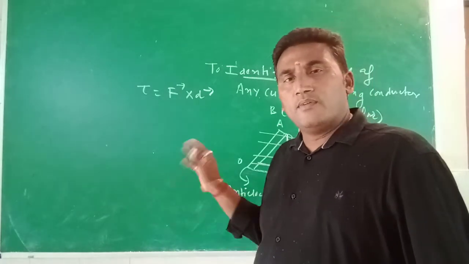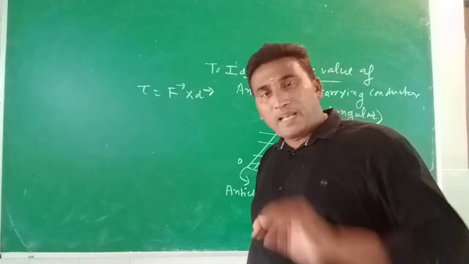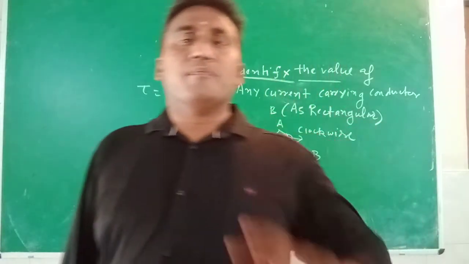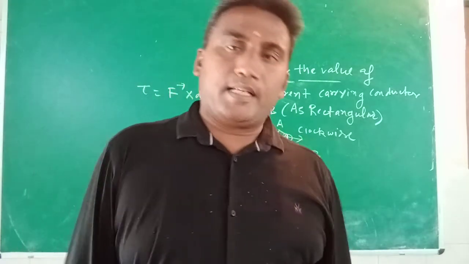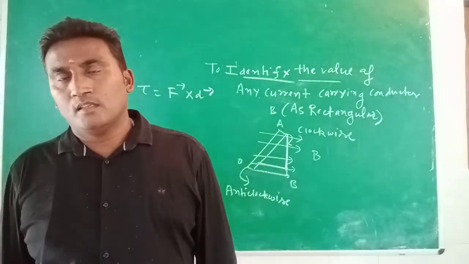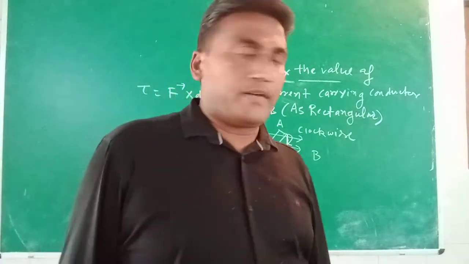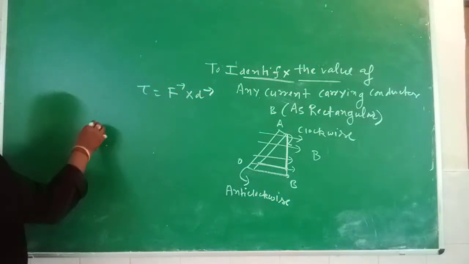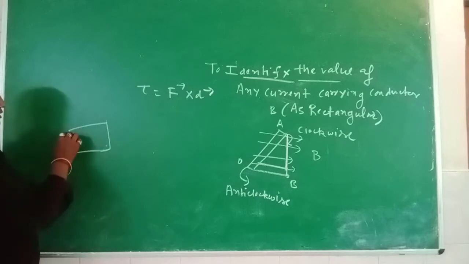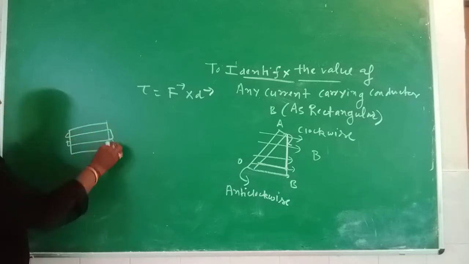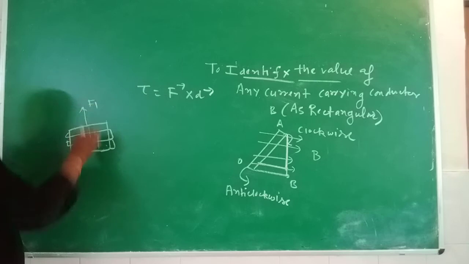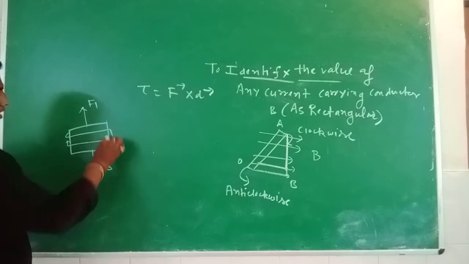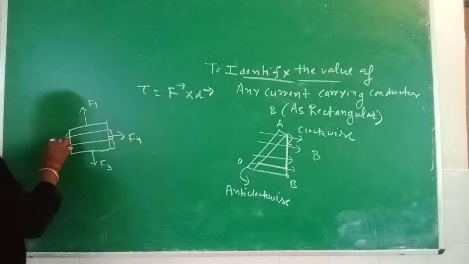In the same manner, when any current carrying conductor is placed in the magnetic field B, then it will move sometimes in the clockwise direction and sometimes in the anti-clockwise direction, and we identify the mathematical relation in terms of a rectangular loop. First we discuss the electric motor, where a number of turns of wire is mounted on the armature, then the forces act on the body like F1, F2, F3 and F4.